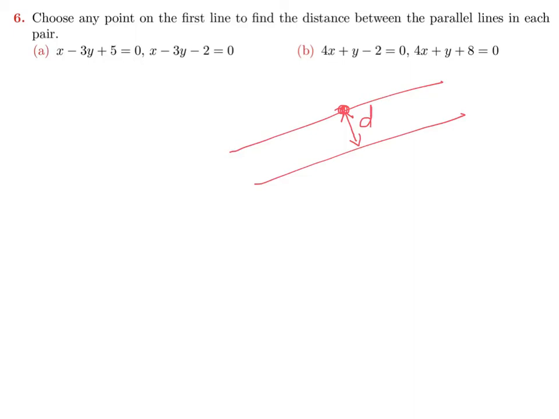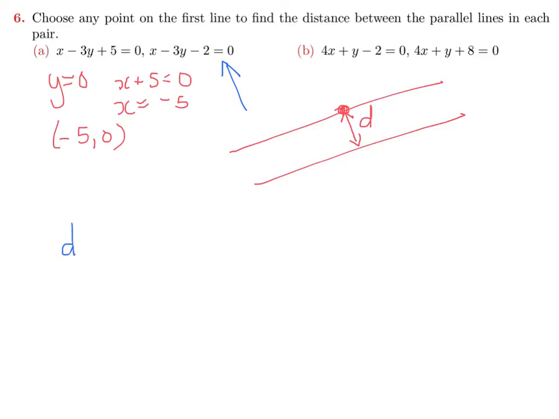So to find a point on a line, we just set y equal to 0, which will mean x plus 5 equals 0 in the first equation, or x equals minus 5. So our point is (-5, 0). And all we need to do is apply the perpendicular distance formula to the second equation. So